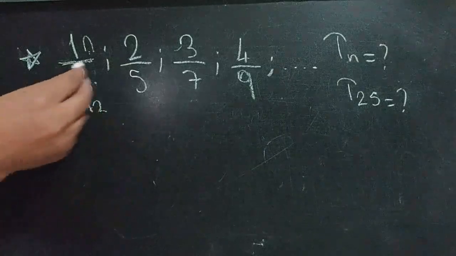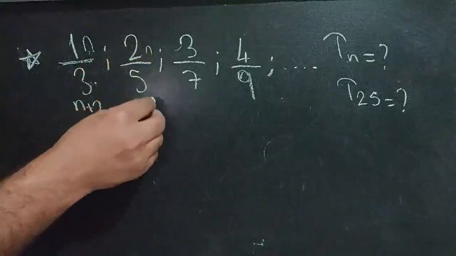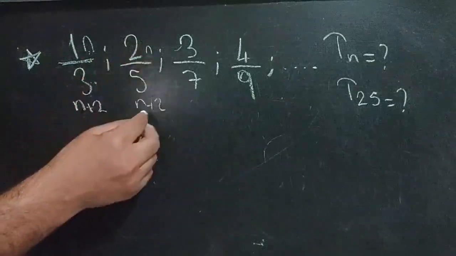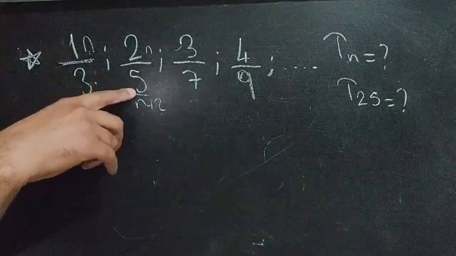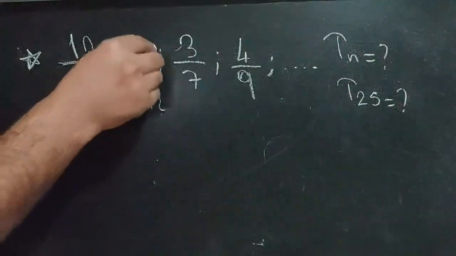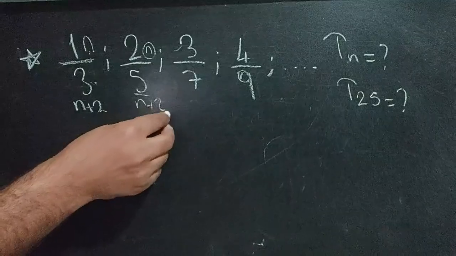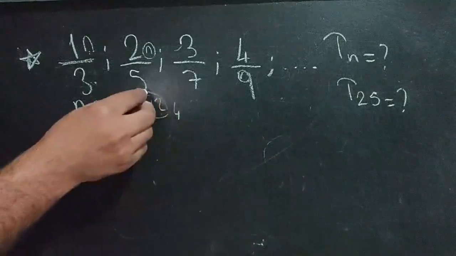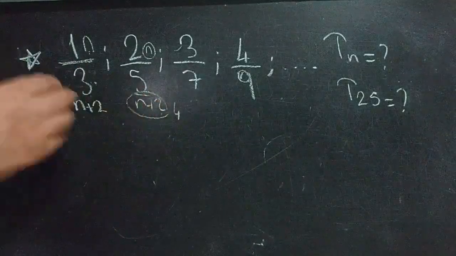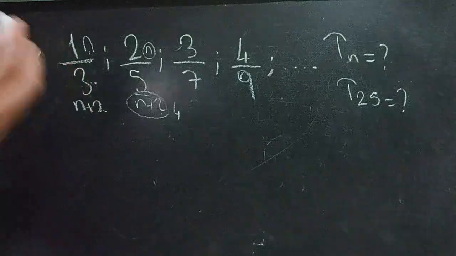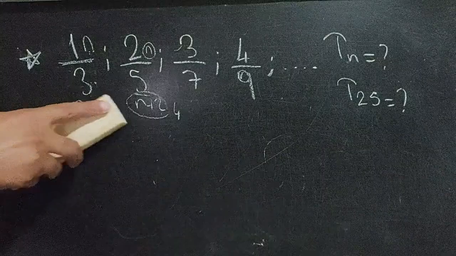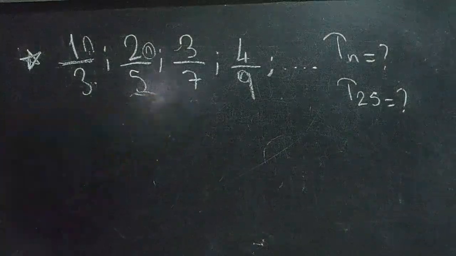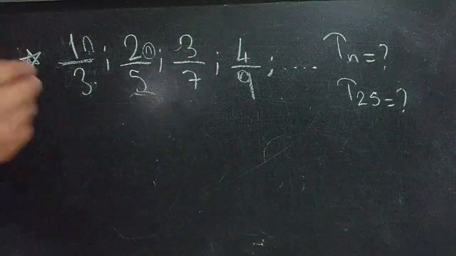So let's try now. n plus 2, n is 2, 2 plus 2, 4. Oh, but it is 5. See, while n is 2, n plus 2 will be 4, but it is 5. That means this is wrong. So now let me think something else. What can I think? So I can think that